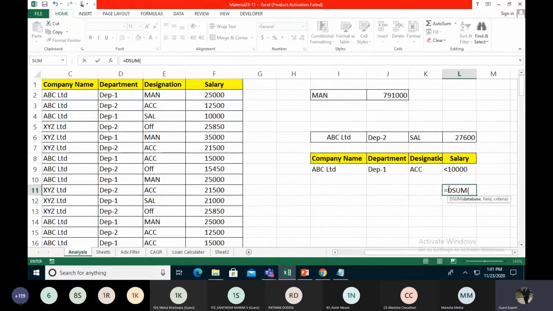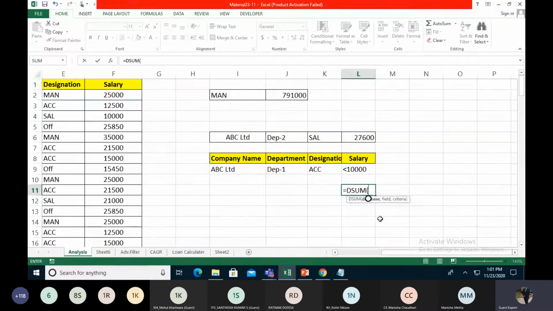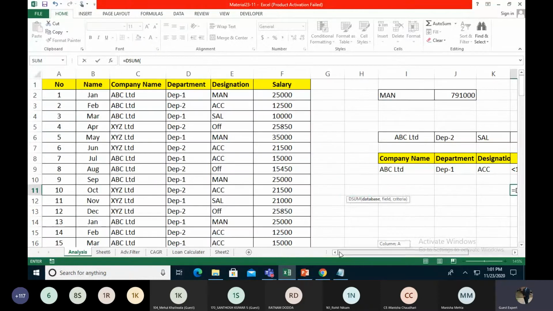So first of all, it asks for the database. You have to see this criteria. It asks for the database, then the field, and then the criteria. So we take the whole database with the header name.